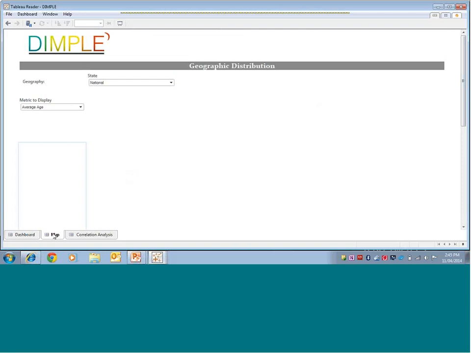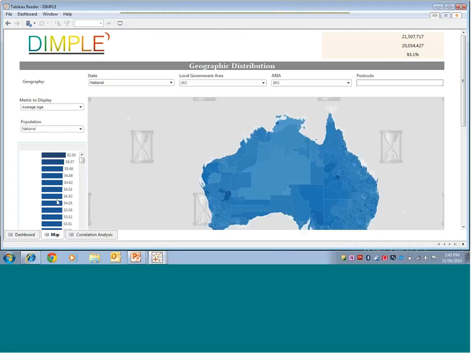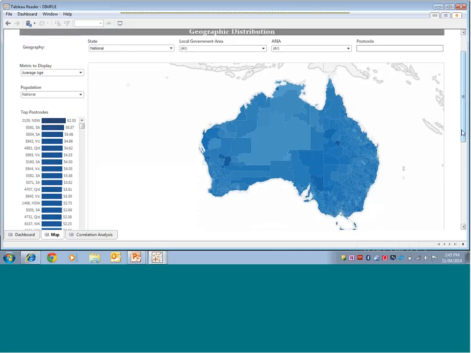We've then heat mapped the Australian population to show the relationship of the surrounding geographical areas. So what we'll see here is the Australian population by postcode, the average age, and it's represented as a heat map, and the intensity of the colour indicates that that postcode has a higher age demographic. So there are pockets of Australia here where we can see visually they tend to have an older population.